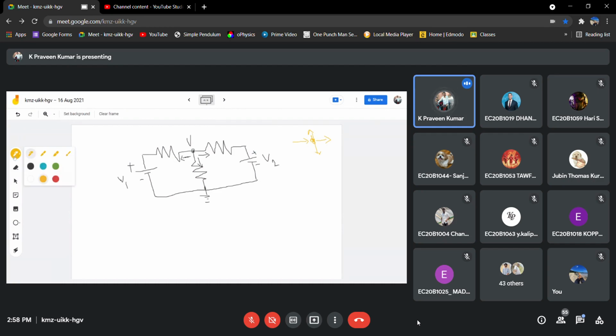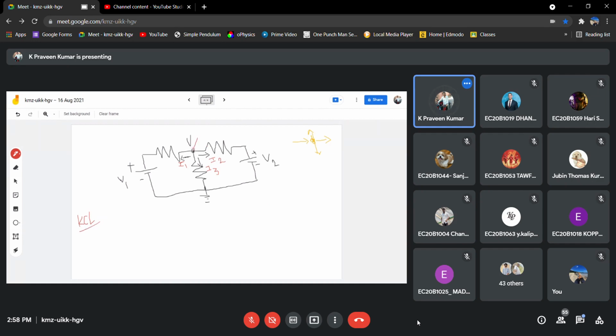So here I am assuming all are leaving currents. This current is I1, this current is I2, and this is I3. Now I want to apply KCL at that node.